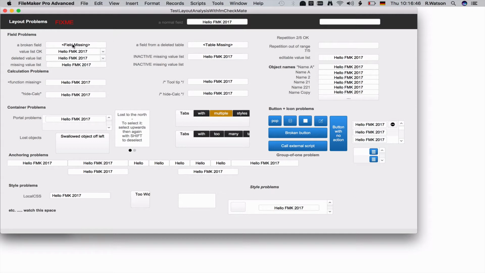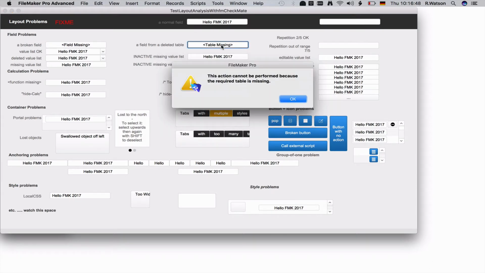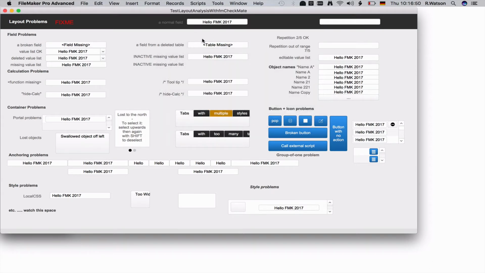Here we can see there's a field missing. Here we can see there's a table missing. Looking around a bit, we can also see here that these tabs are a little bit too long, the names don't quite fit in the space provided. So visually you can find some errors